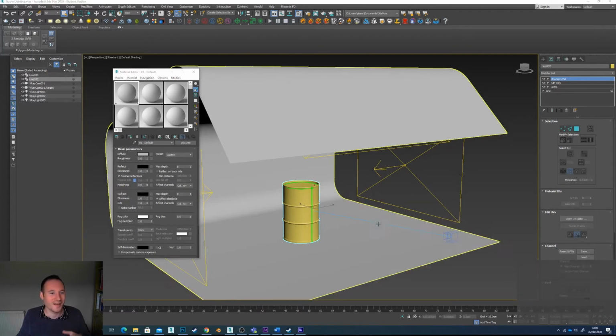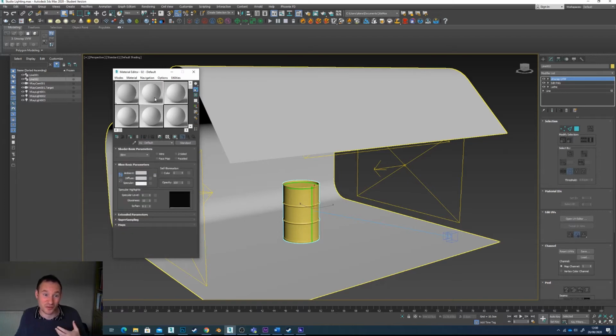So yeah, we've got the material here for the studio light. You don't need to do anything to that. It's just a blank canvas basically, so you focus on the object. We're going to click on the slot next to it, and we're going to make that our oil barrel